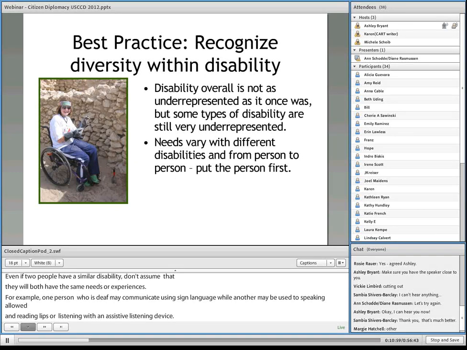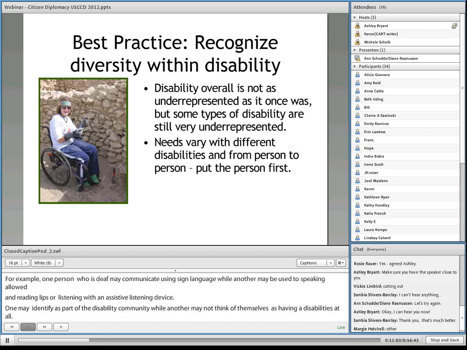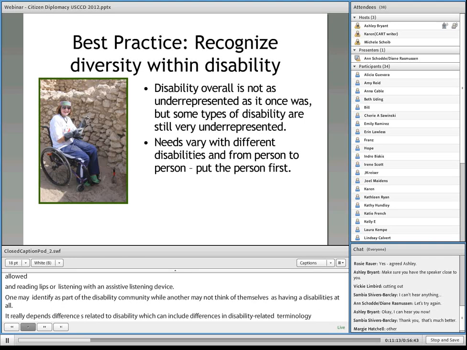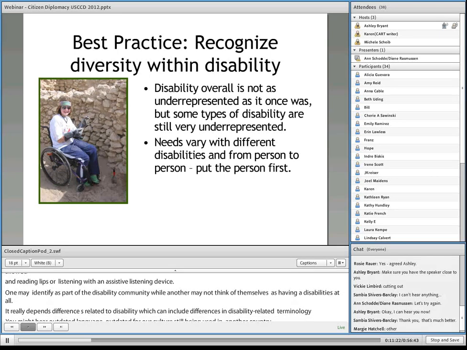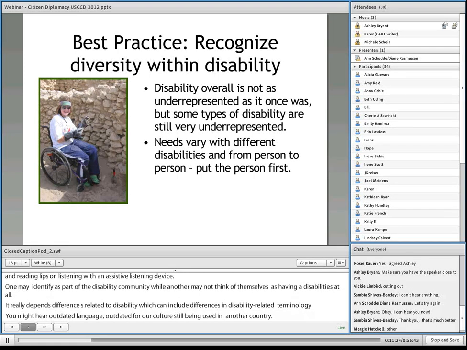Be aware that there are cultural differences related to disability, which can include differences in disability-related terminology. You know, you might hear outdated language, outdated for our culture, still being used in another country. There might also be differences in the perceptions of independence, as well as approaches to how accommodations are provided, if